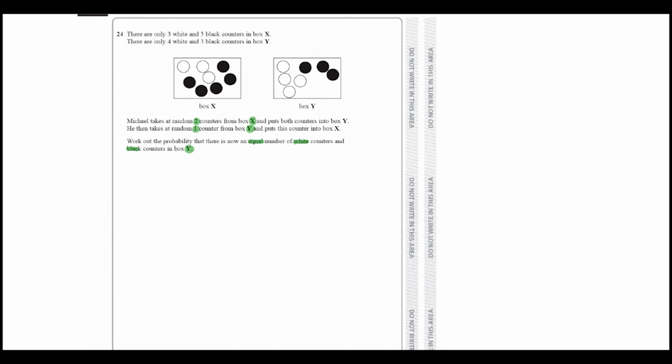Now reading this question, it feels like a little bit too much. But read it slowly, and there is a way of getting through this question. So they are saying here, from box X, they are taking 2 counters from box X, and they are transferring 2 counters